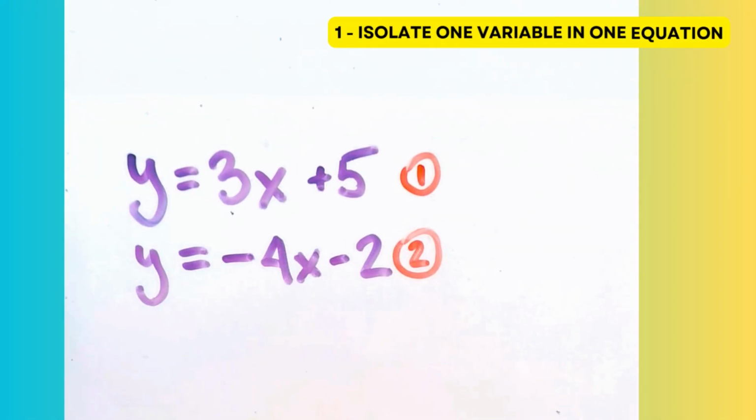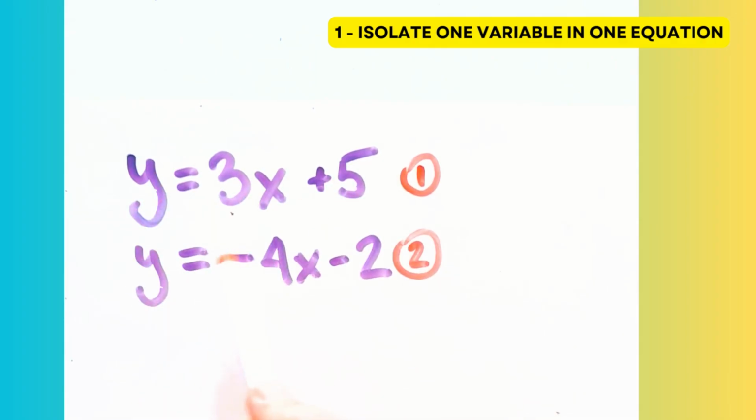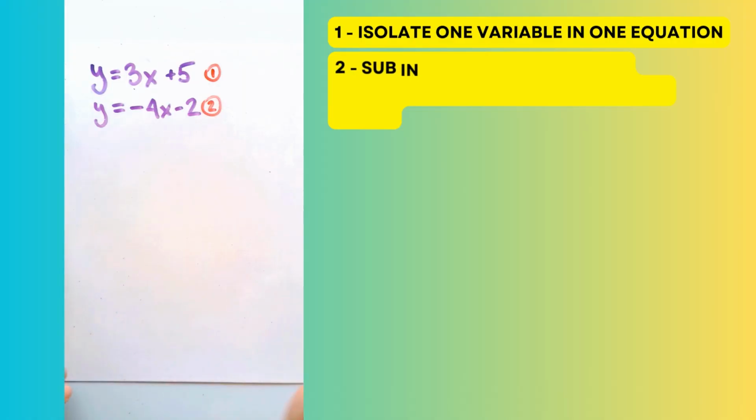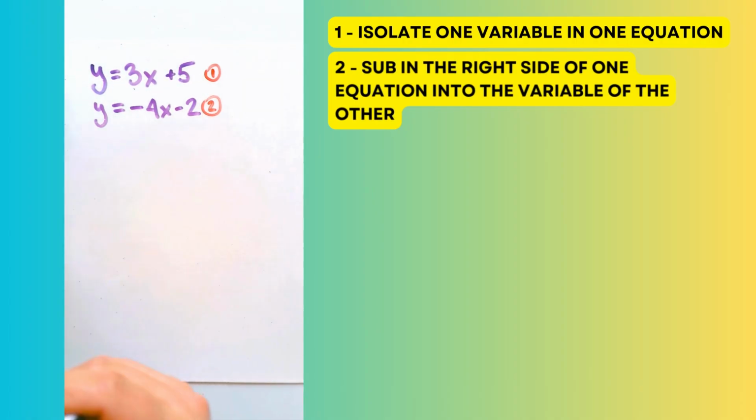The very first thing you always want to do is make sure at least one of the variables in one equation is isolated. That means it starts with y equals or x equals or whatever your variable may be. In this case, in both of our equations, the y variable is isolated, which is going to make it really easy. But really, you only need one. So since I don't have to isolate any variables, I'm going to move straight on to step 2, which is sub in